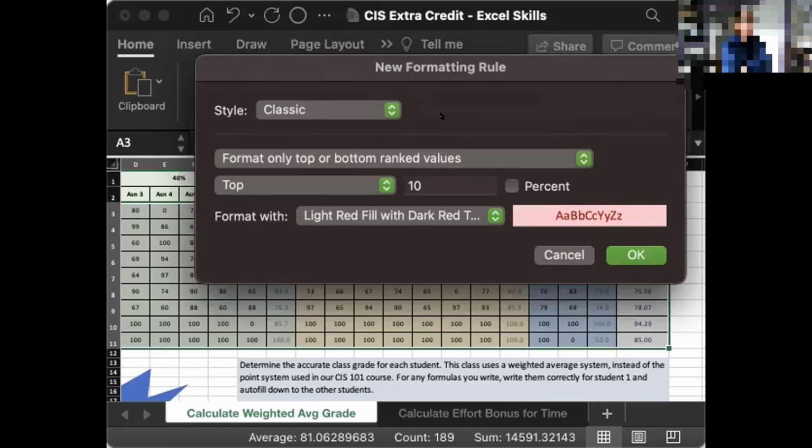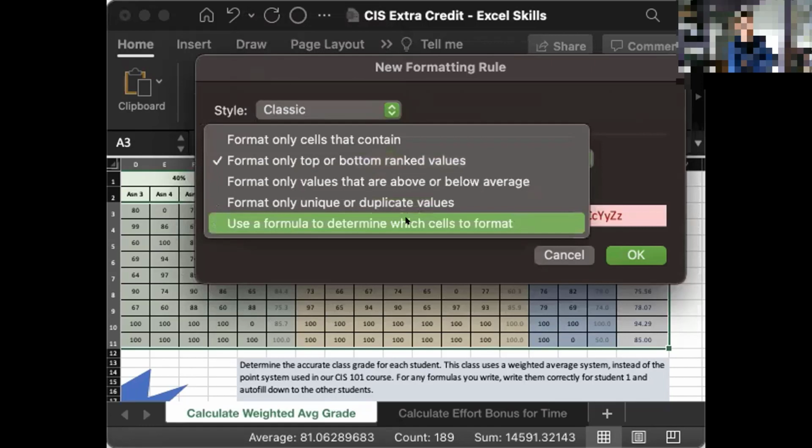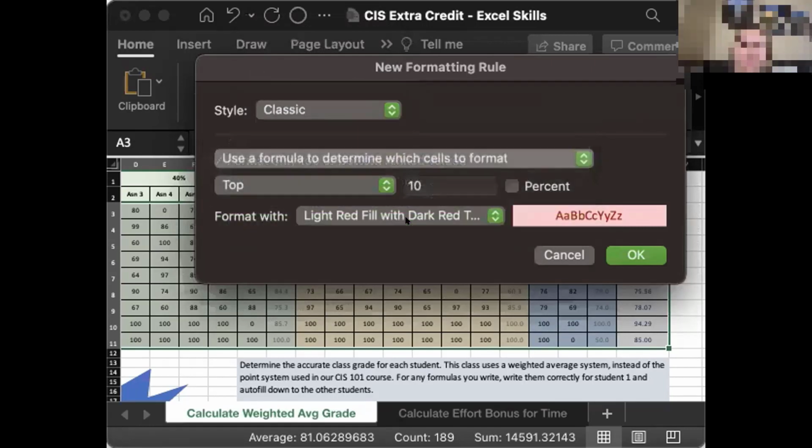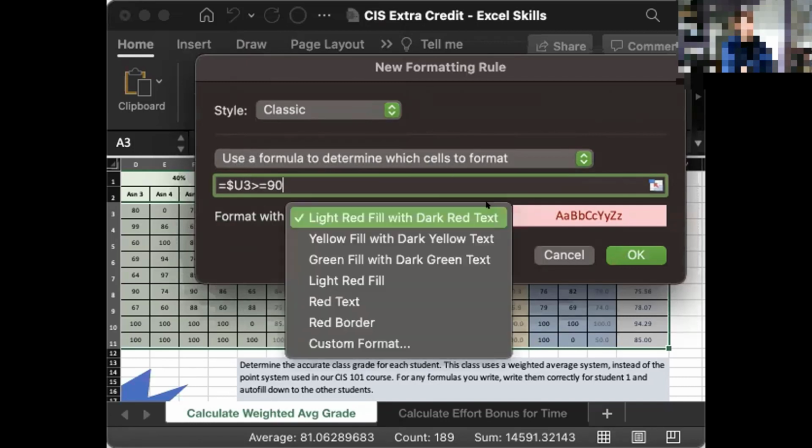Click on where it says format only top or bottom. Click on that. Oh, use a formula. There we go. This is looking good. Okay, try that. And in that little box down there, equal sign, oops, $U3 greater than or equal to 90. Okay, now, nope, don't click OK yet. There you go. Go to custom format